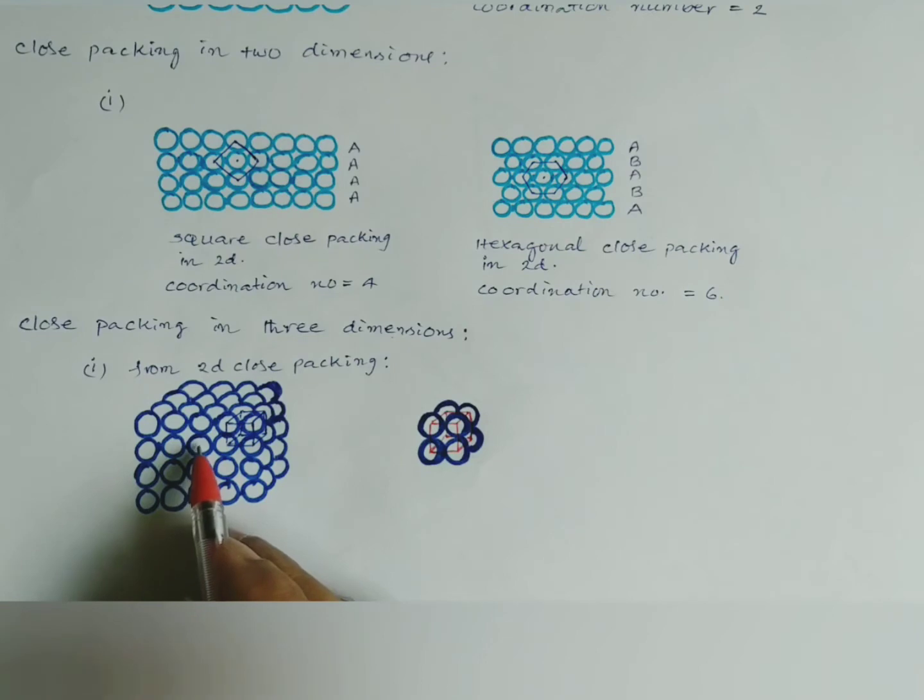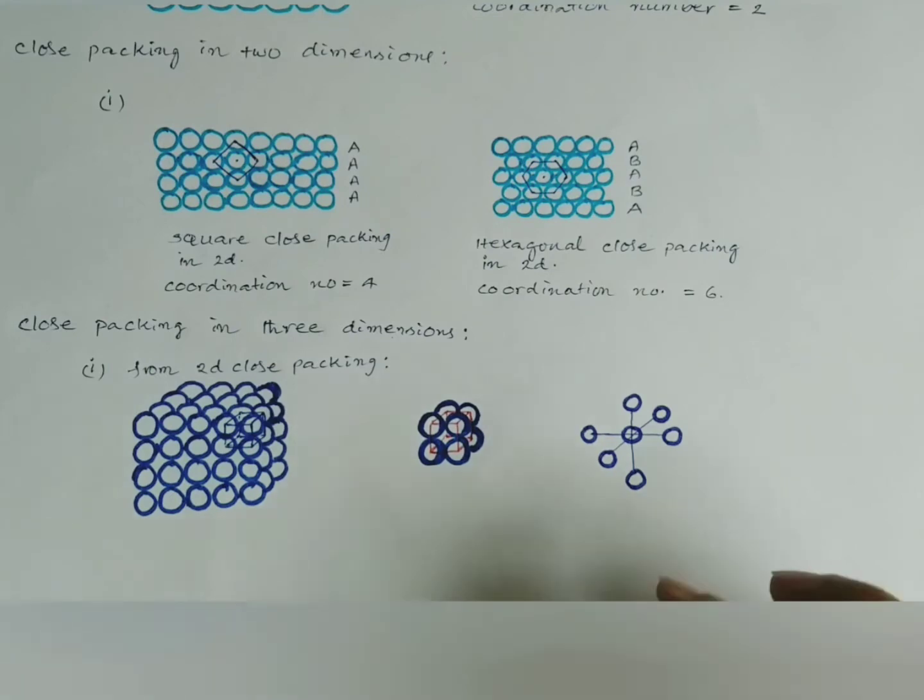So if you take the arrangement of atoms, they are aligned in horizontal as well as vertical manner. So here there are 4 atoms visible surrounding this atom, whereas 1 atom is just in front of this. Similarly, 1 more atom is there just behind it. So 4 atoms in the same layer, 1 atom in the front layer, 1 atom in the back layer. So like this, each atom is surrounded by 6 atoms. So that is why the coordination number is 6.